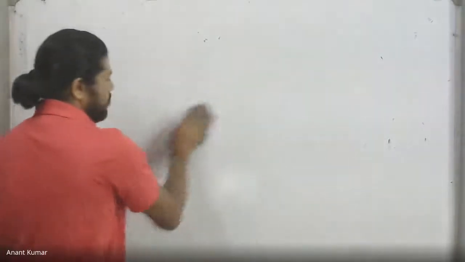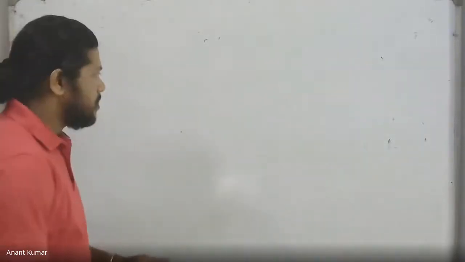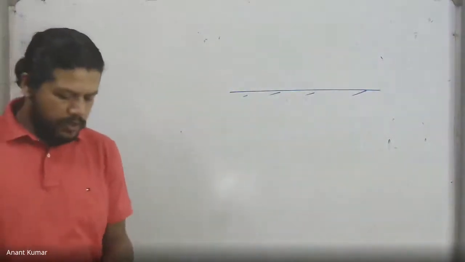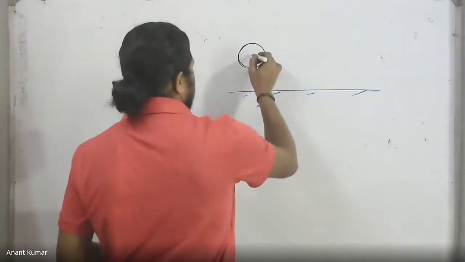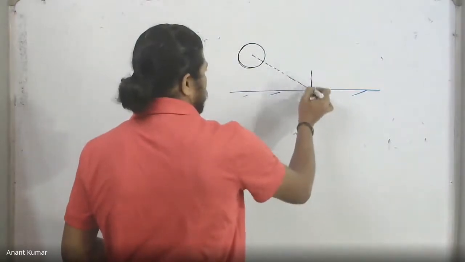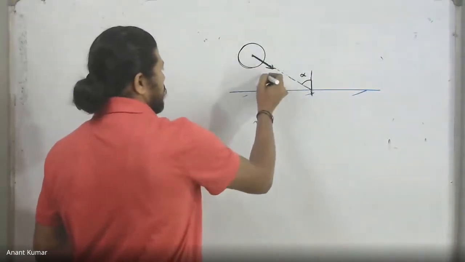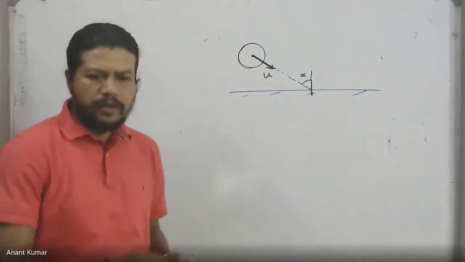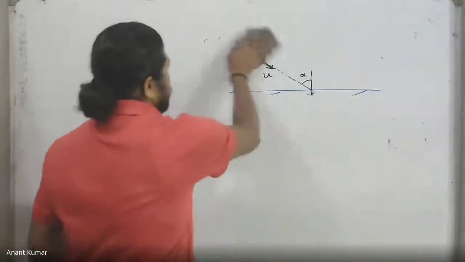consider what happens. For example, there is a ball which falls on the floor, and there's some friction. Say we have the floor over here. A ball, or a sphere basically, is thrown down on it in a direction that makes an angle alpha with respect to the normal. So this is the direction of motion along which we have just thrown it with the speed u. Okay, just before the impact is what I want.